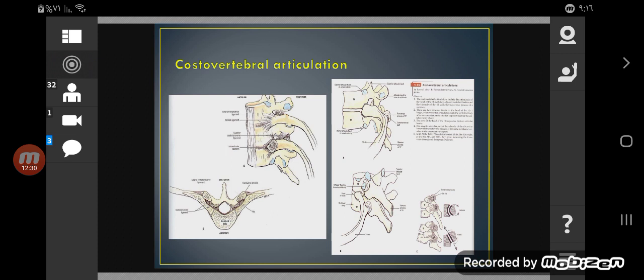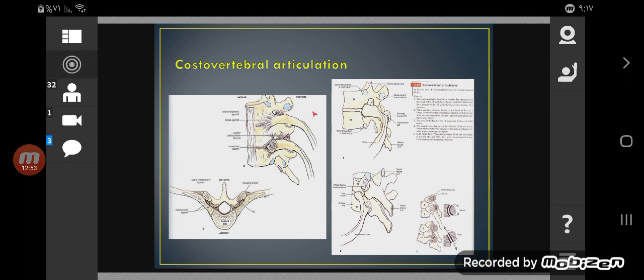Inside of the capsule fibers, and because of this we say this joint has a radiate ligament. As you see, the radiate ligament for two joints has a